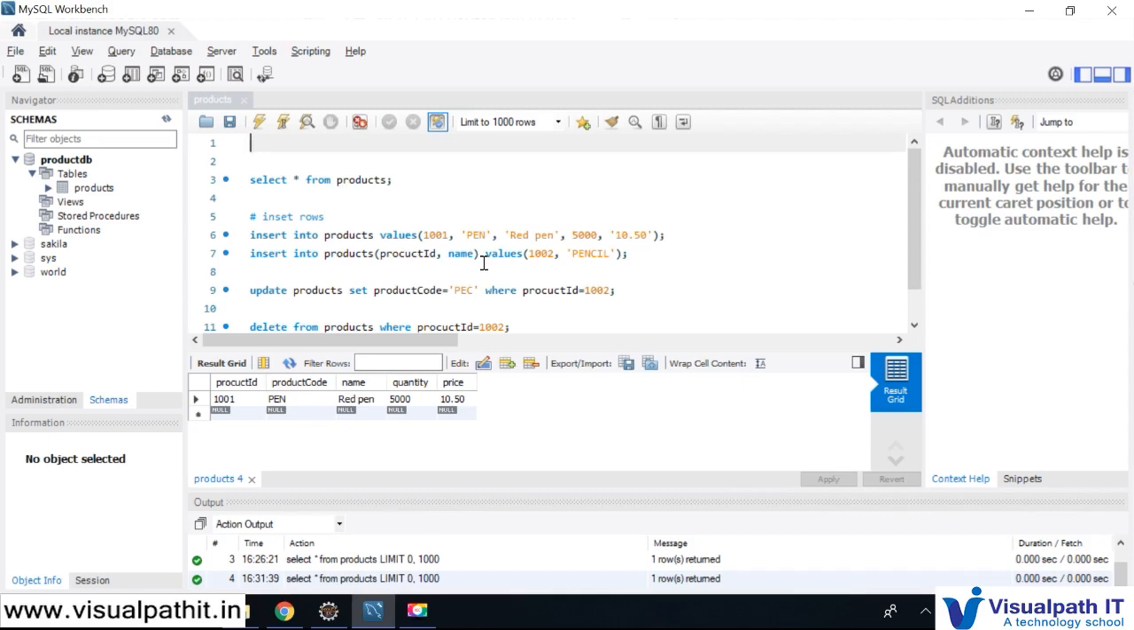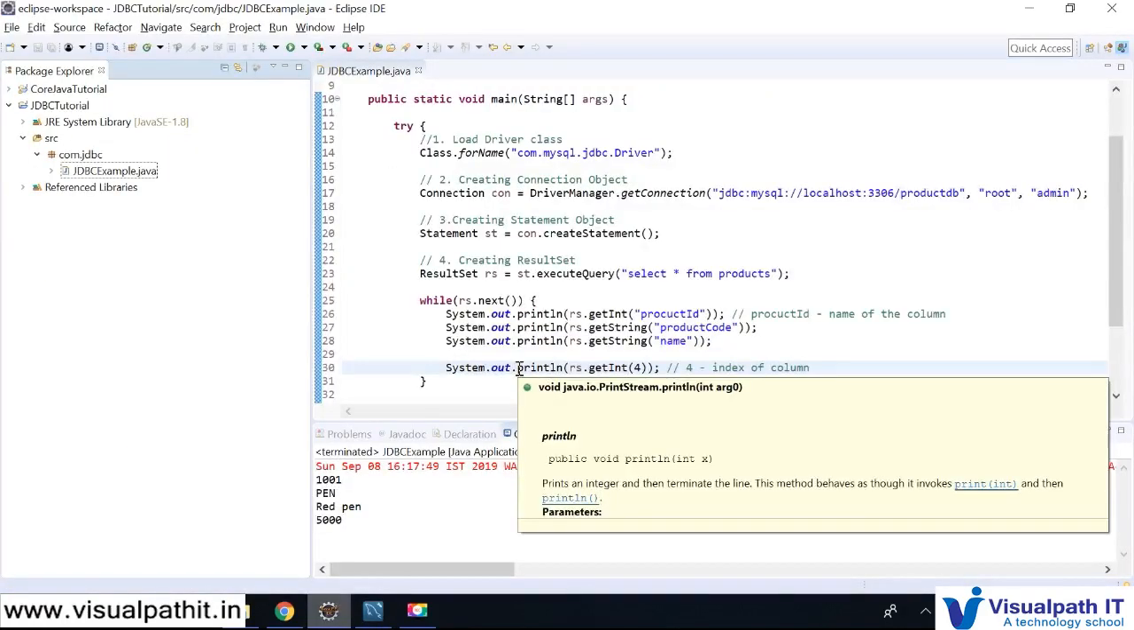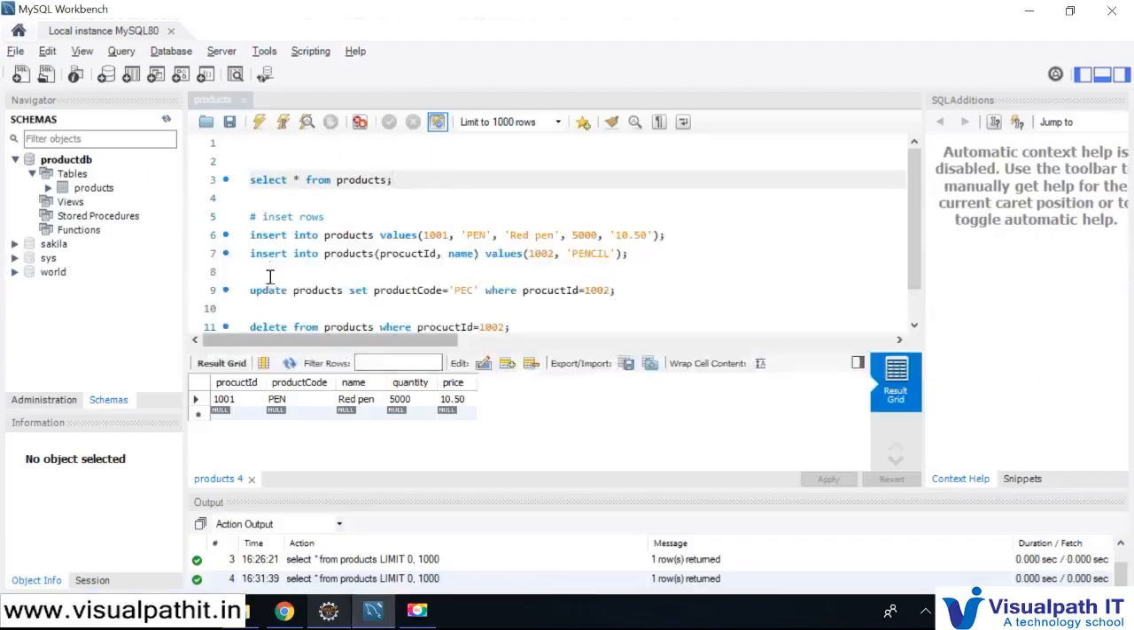In the previous discussion we selected records from the products table using the JDBC API. Let's go and perform all the other operations. The other operations are insert, update and delete. So by consolidating all these operations, select, insert, update and delete,